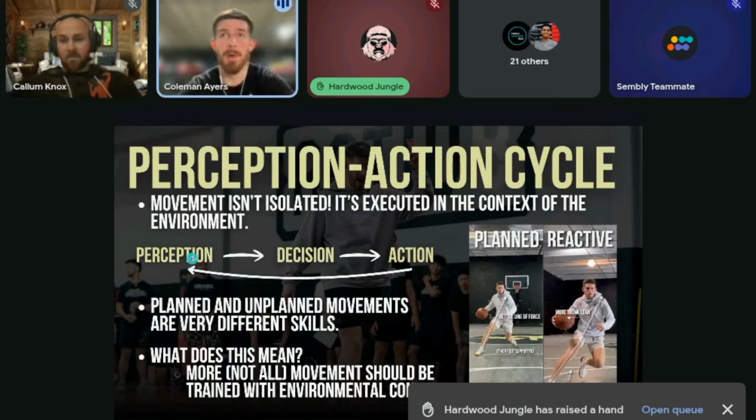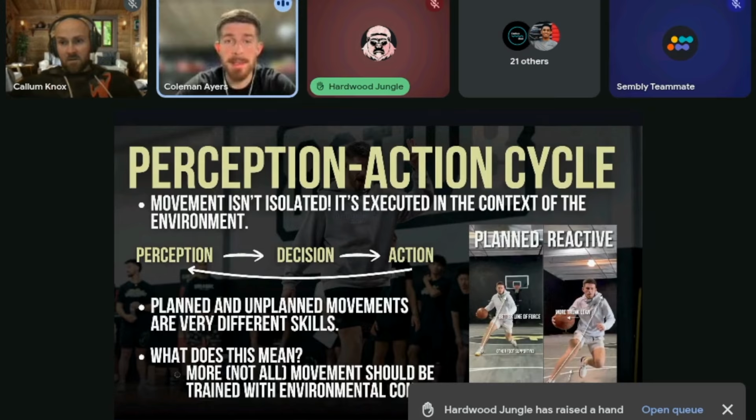So again, if you're coming down the court, you're getting pressured, you perceive a defender reaching in and you know that you have space somewhere. Okay, then maybe you get into a little spin, or maybe another athlete with a different individual constraint profile gets into a different move, right? Because you've decided to do that. Then after you do that, you have to make another perception, decision, and action to decide whether you drive, whether you pass, whether you shoot. And this is just constantly flowing during a game. Perceive, decide, act. Perceive, decide, act. And each one informs the next, right?